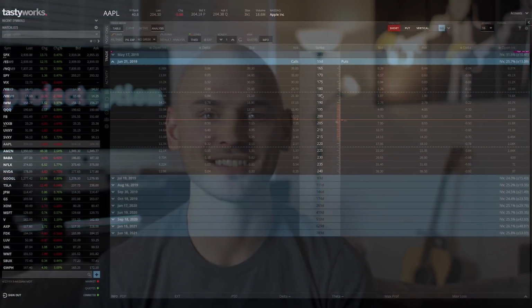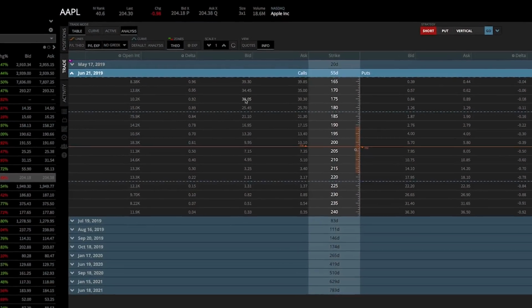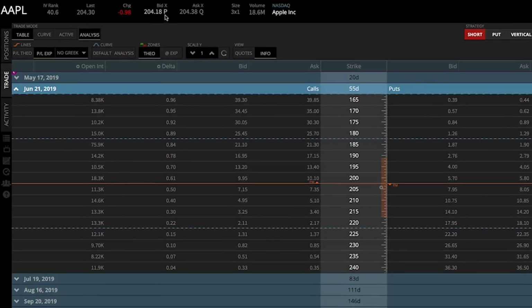Now, to quickly demonstrate what I mean by all of this, I'm going to hop over to the Tastyworks trading platform once more, and we're going to analyze different call options that could be sold for a particular covered call position, and we're going to weigh the pros and cons of each of those call options that we could potentially sell. So getting back to our Apple covered call example from earlier, if I purchase 100 shares of stock of Apple for $204.28, the next thing I have to do to create a covered call position is choose a call option to